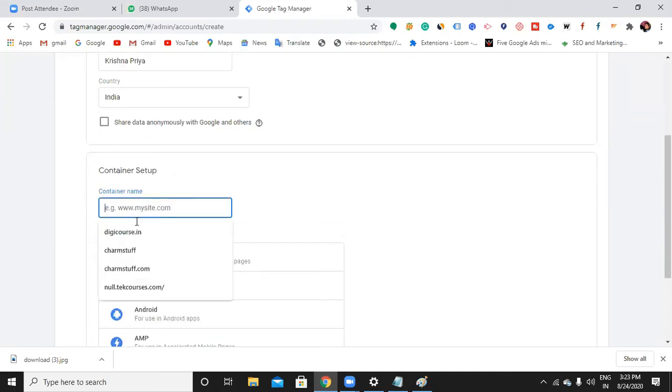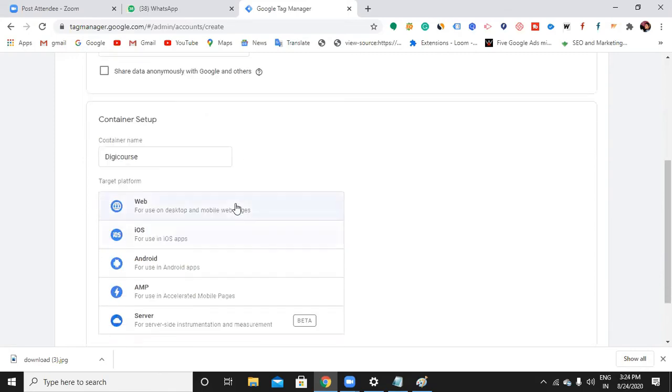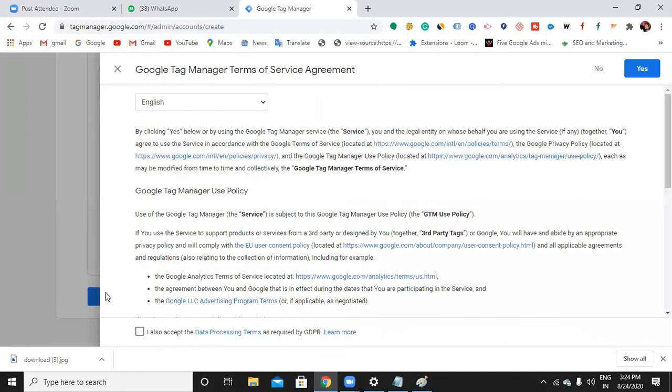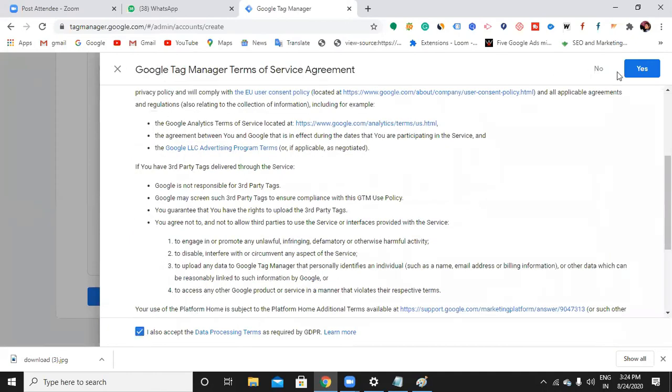You need to enter your container name. Then the target platform, what you want to track. Normally we have a website, right? I'll go with website. Okay, Google Tag Manager, fine. Accept. Yes.